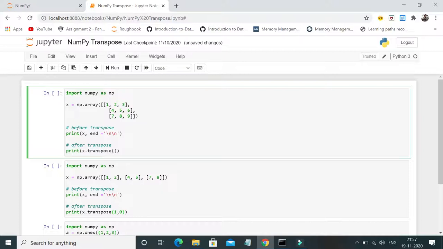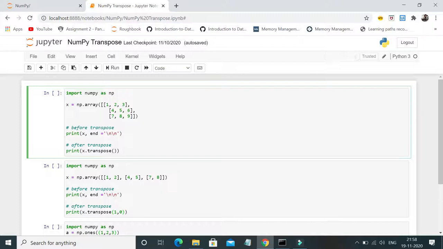So in NumPy, the transpose can be done using a simple function called transpose. The reason why I am making this video is because in a data munging or data cleaning process, generally people end up in a situation where they have to play with their rows and columns, where they have to interchange their rows and columns. A lot of people don't know there is an existing function called transpose which does the job easily for them. So that's one of the reasons I'm making this video.